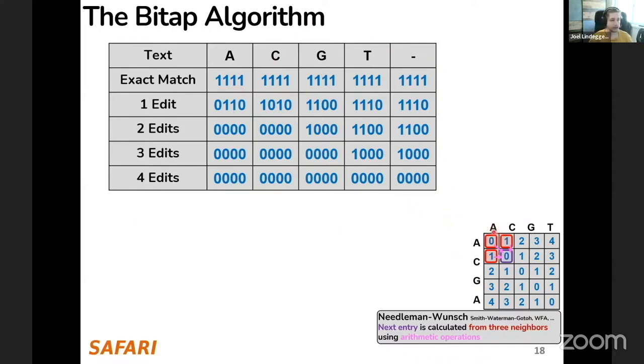And as you can see, also the layout is quite different. So you have one axis which also contains ACGT at the border, like down here. But the y-axis is actually not ACGT, but edits. Basically, this is the text in the Needleman-Wunsch and BiTAP case, and the y-axis in the Needleman-Wunsch case,